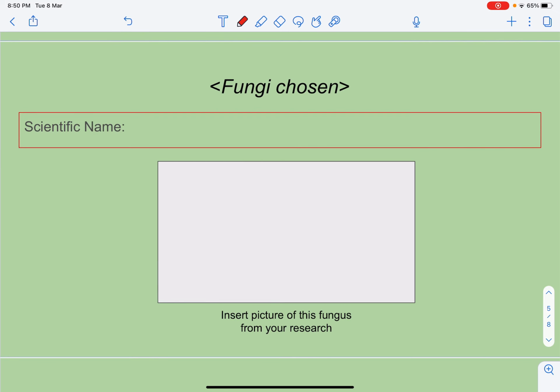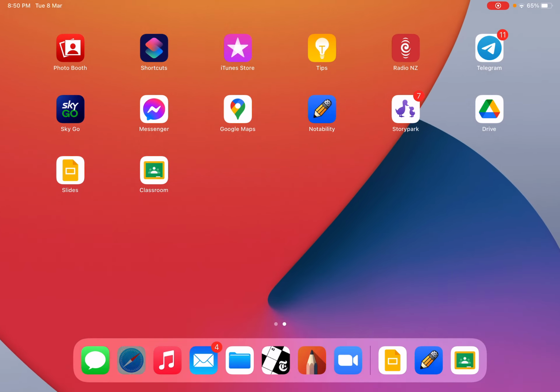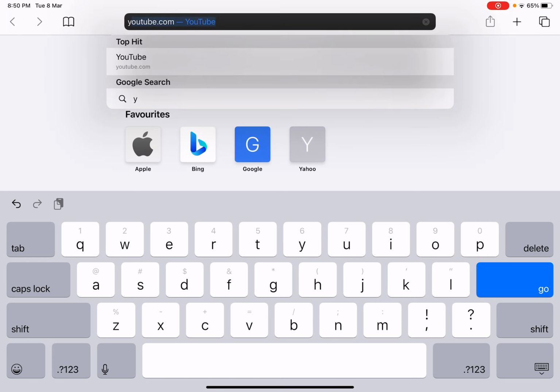So once you've chosen a fungus, can you put the name here? So for example, if you chose yeast, you could just write yeast instead of this. And then you need to find the scientific name. So this is where you need to research it. So for example, I could go research it and I could just write yeast,